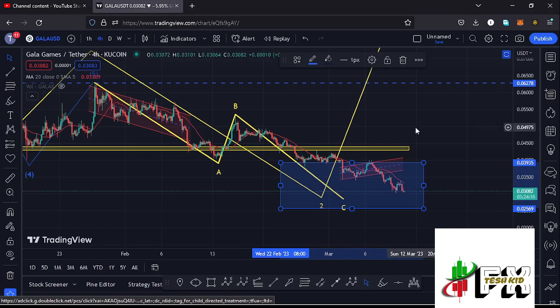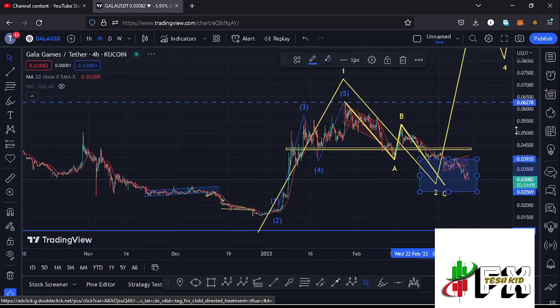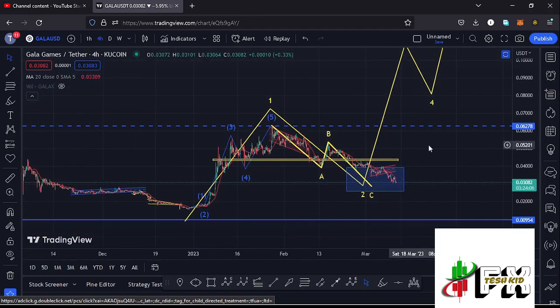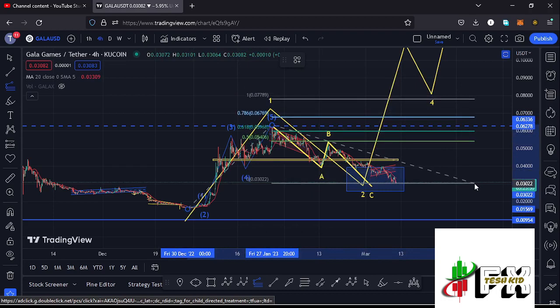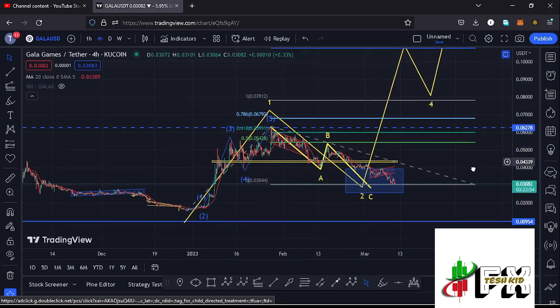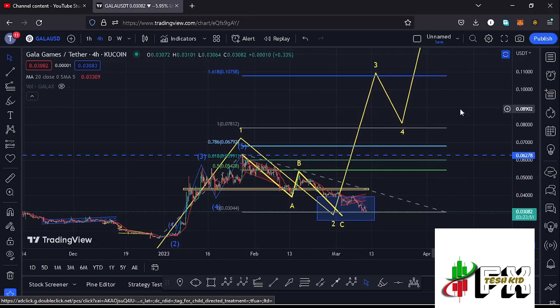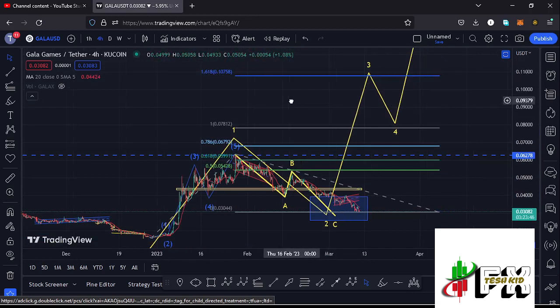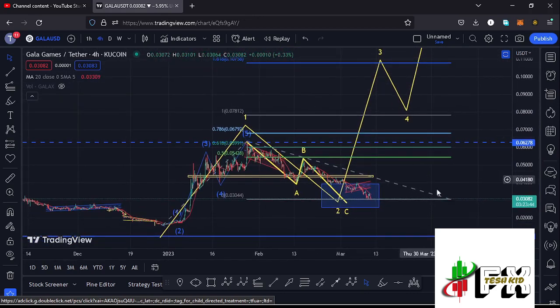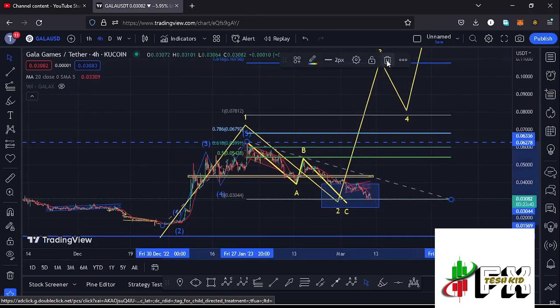And if that is the case, and assuming that Gala Games is not going to give us one more leg down to the lower side in the formation of this larger Elliott wave count 2, we can sketch out a target area to the upper side in the formation of that larger Elliott wave count 3 by connecting the trend-based Fibonacci from the low of the first wave to the high of that wave 1, then dragging the fibs to the low of the second wave. That gives me a minimum target area to the upper side in the formation of that wave 3 at the fib level 1.618, and that is at around the $0.01758 mark, and that is the minimum that we can expect Gala Games to do in the formation of that larger Elliott wave count 3.